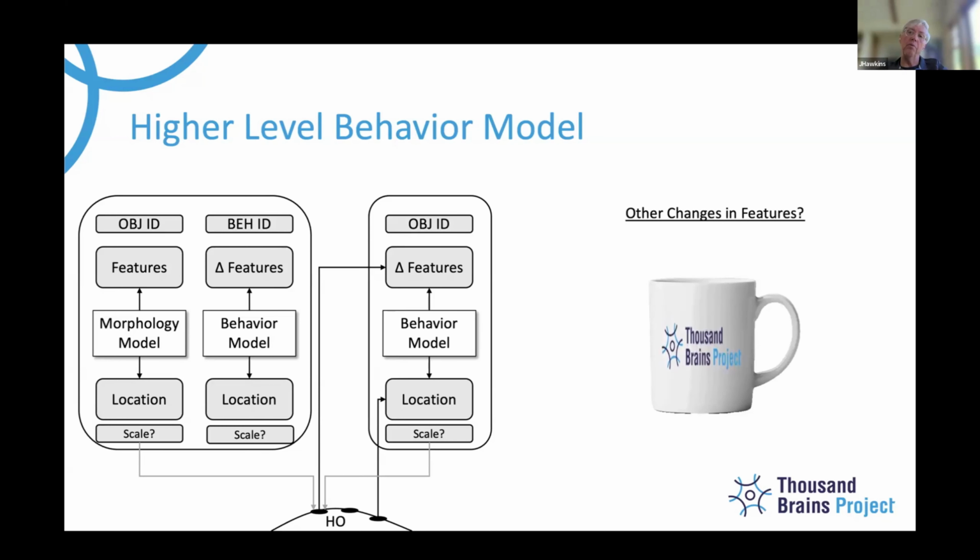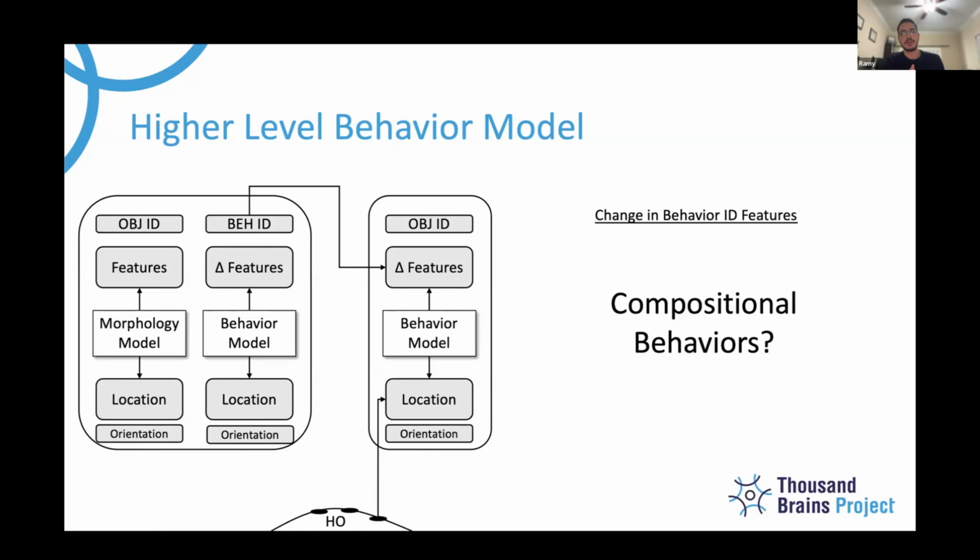So this is a good example. I don't think we've dealt with scale enough. Okay. Unless someone disagrees, I don't think we've really talked about it enough. So the other thing is the other change that may become a feature or a delta feature in the